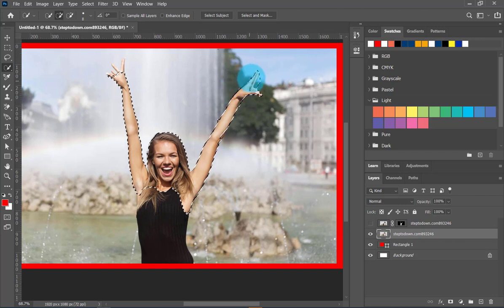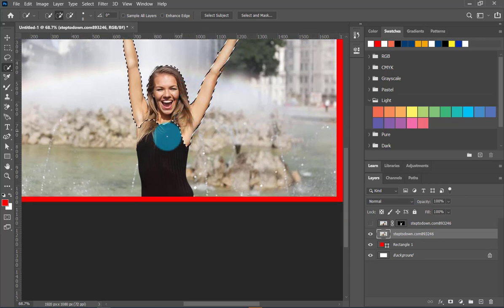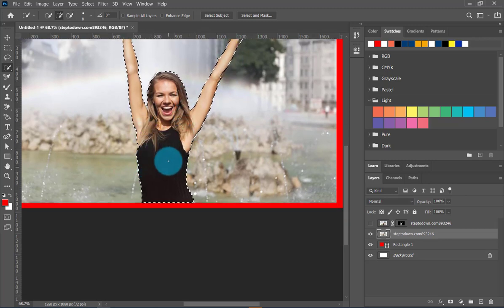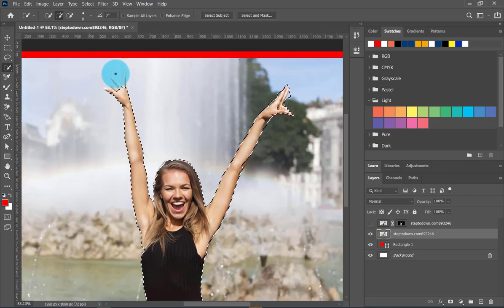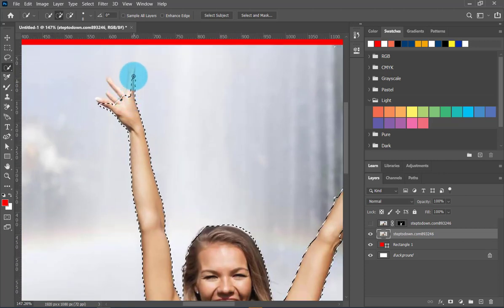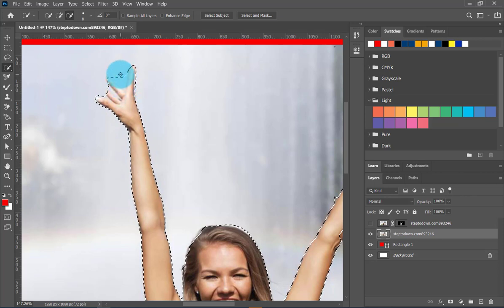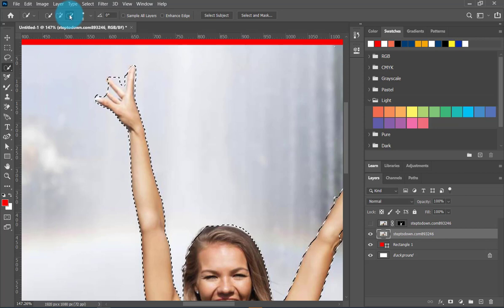Then just go back and continue selecting, hold Alt and hover above areas that you want to subtract, then just click and drag, and there we are. So I'm going to zoom in. I want to add these fingers, so click and drag right there. Then I want to subtract this point, so Alt, click. As you can see, when I'm holding my Alt, it changes automatically to the subtract panel here. So I'm going to hold Alt and